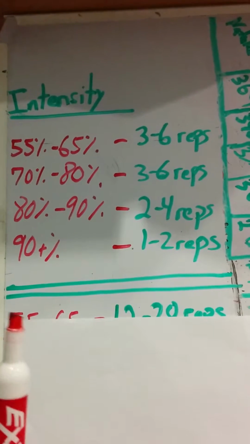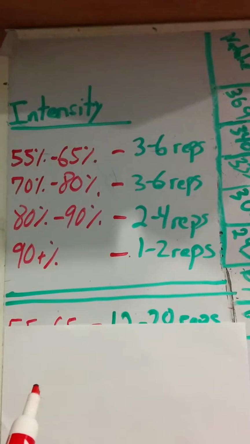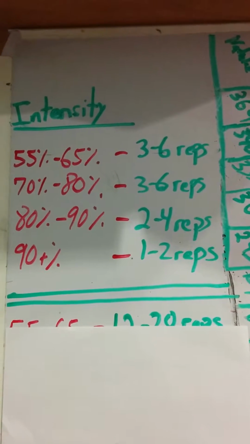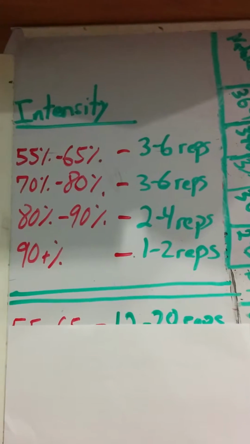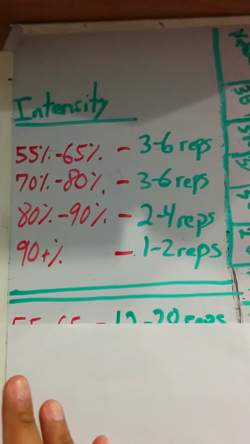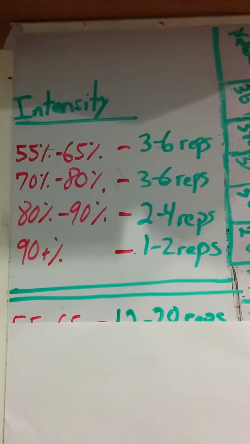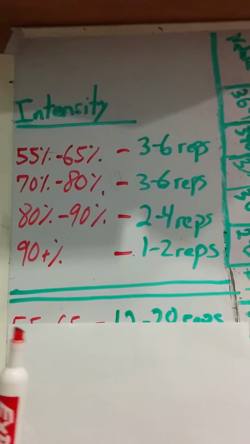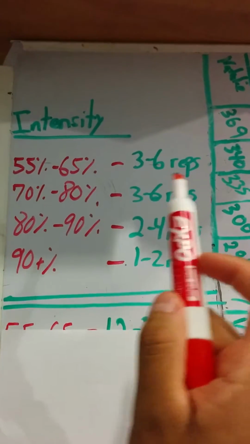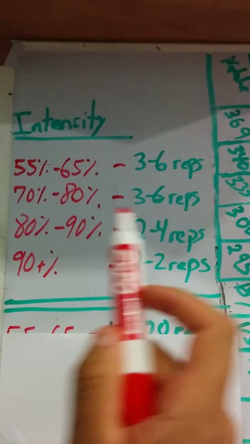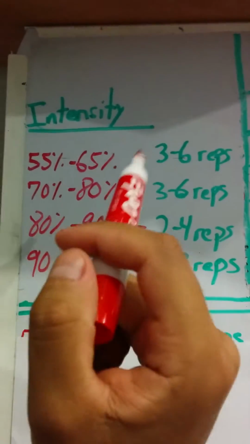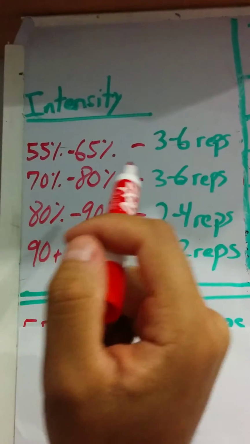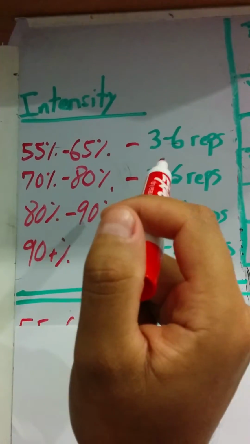So that kind of gives you a starting point when you're building a training block, when you're coming back from a competition, coming back from injury, coming back from time off, anything like that. And you want to start off easy. Like I said, we always do those intro blocks. You kind of start off with either this percentage range or this percentage range, and this kind of gives you the guideline right here. So maybe your first workout back after a competition might just be 65% for 3 reps,